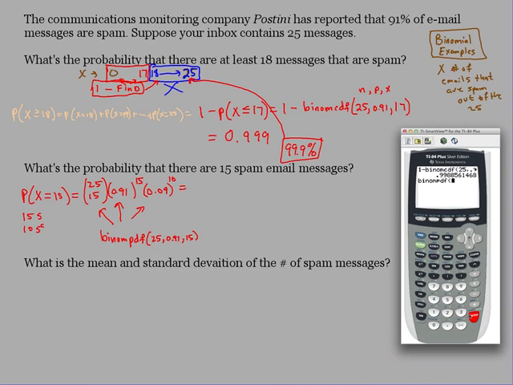Okay, binom PDF, because it's exactly. And we have 25 emails. There's a 91% chance that anyone is spam, and I want to know the chance that I have exactly 15 spams. Okay, so this is really small. So the chance that you're going to have this is